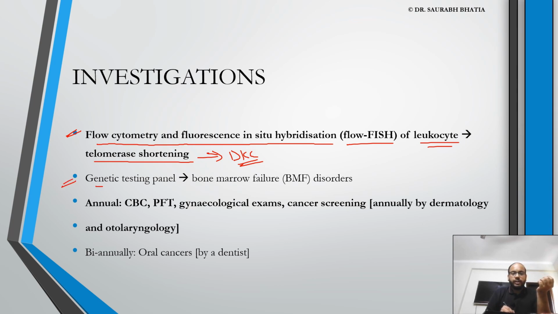Further, you can do a genetic testing panel for bone marrow failure disorders. Multiple congenital disorders have mutations in different genes that lead to bone marrow failure, and you can test for the panel. And if you have mutations in, let's say, TINF or TERT or TERC, you can easily diagnose the lesser common DKC disorders. A patient of DKC has to undergo annual screening with CBC, PFT, gynecological examinations for mucosal